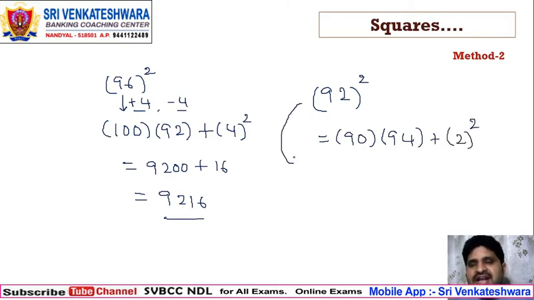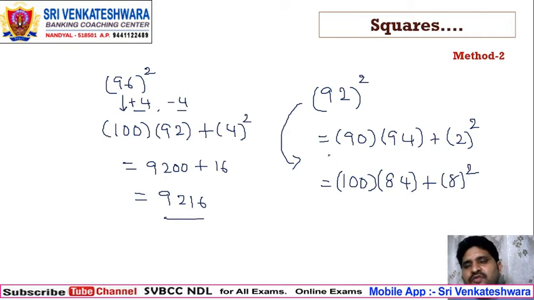Maybe if you take 100 as a round figure, understand that case also. If you take 100 as a round figure, look, to get the 100 how much are we adding? 8. In the second case we have to subtract 8, 92 minus 8 which will be 84, and the carrier we have to get is 8 squared. Now the point, maybe we'll get it: which one should I take as the round figure? Can I take 90? Basically that is the nearest, but here I'm taking 100. Whatever you take, whether you do this one or this one, in both cases it will be the same answer. 84 into 100, 8400 plus 64, we will get 8464.